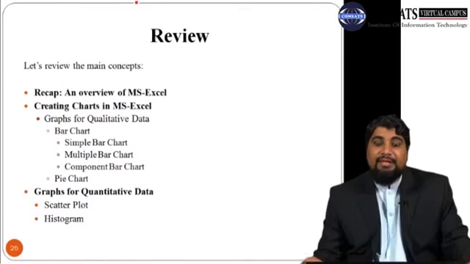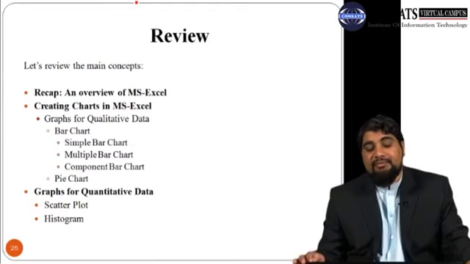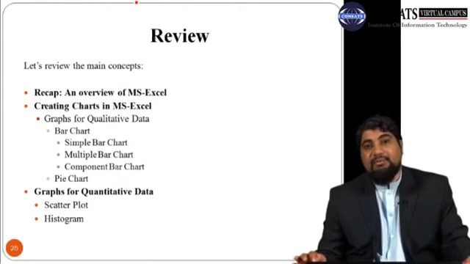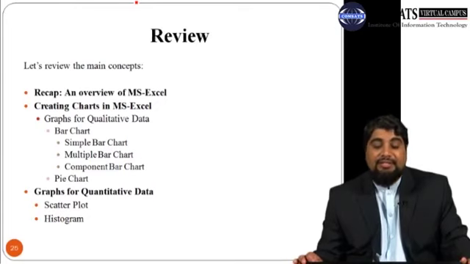Then we discussed how to create charts in Microsoft Excel, and in particular how to graph qualitative data with the help of bar charts, where we constructed simple, multiple as well as component bar charts. In addition we discussed the pie chart, which is also used to represent qualitative data.